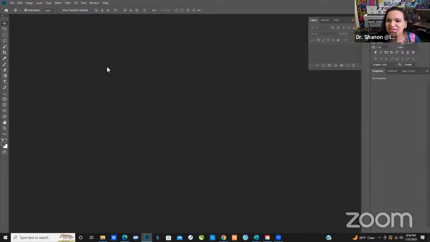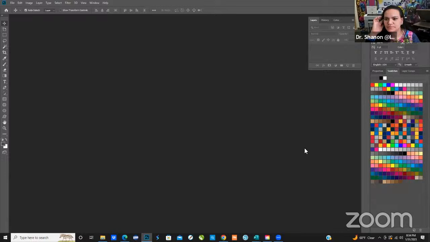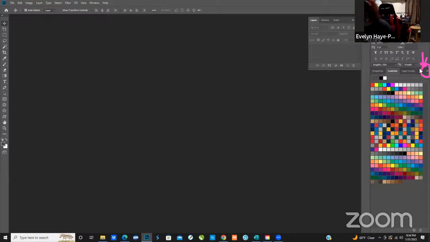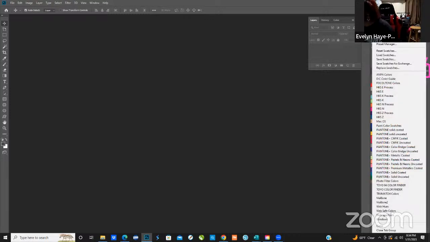Okay, so yeah, let's go ahead and click on this tab where it says swatches, and then we can see what swatches are there. Okay, so yeah, it's not there. Let's go up to the hamburger menu right here. Click right there. Yes, ma'am. Okay. And then let's go ahead and